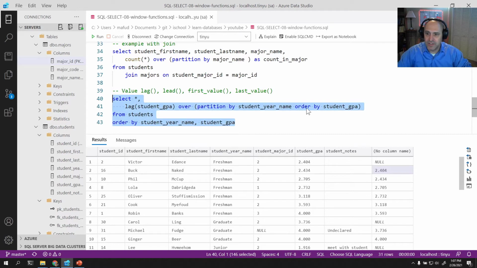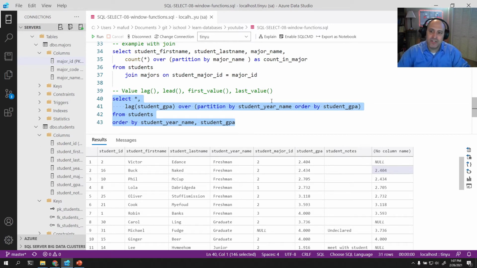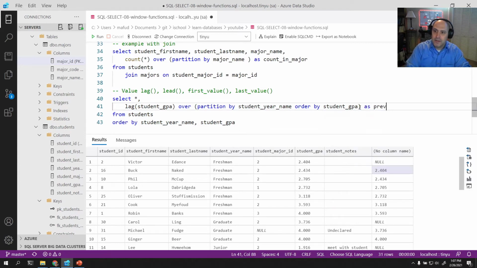So that's basically how the lag function works: it gives you the previous value over that partition and sort. You can use lag a lot with dates. If you want to find out what the last customer order was, you can use lag to retrieve that. You can say, here's their current customer order, and it was $50, and then here's the last customer order. I can include their GPA, say as prev student GPA,